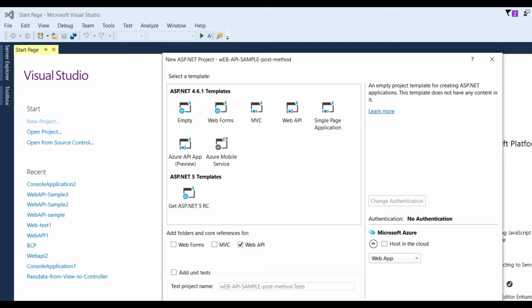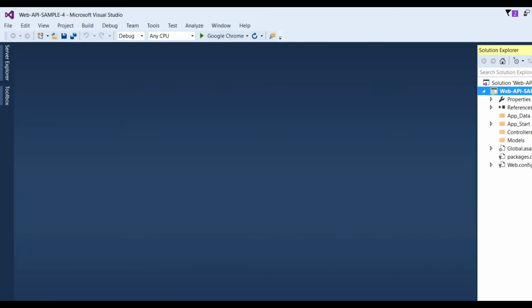Now click OK. You can see the WebAPISample project is created, and everything is empty, only the structure is there.